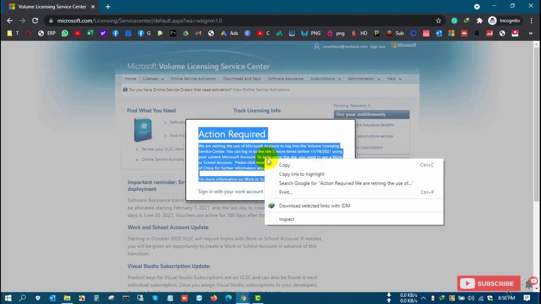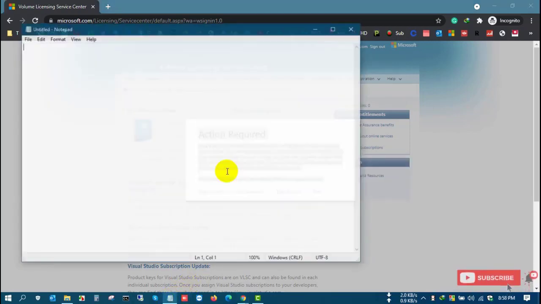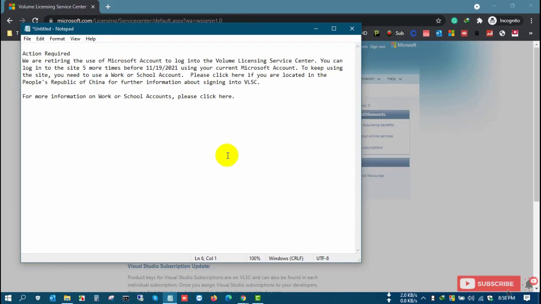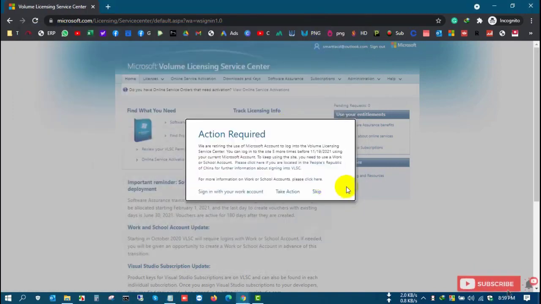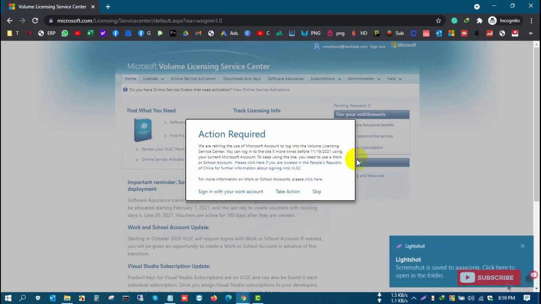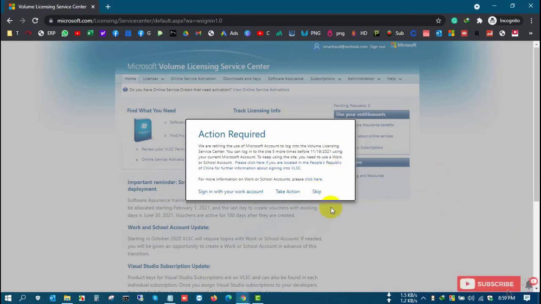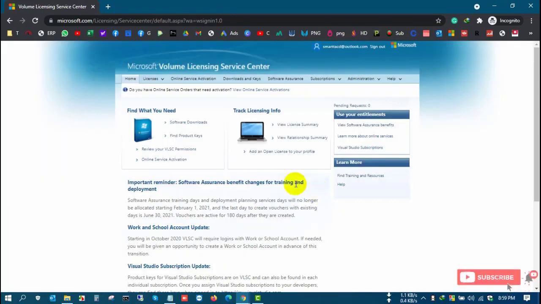I just copy this information and keep it in my notepad. In this situation I have signed in with my Outlook account, so I just skip this step. So click skip. So I have already entered my VLC portal.